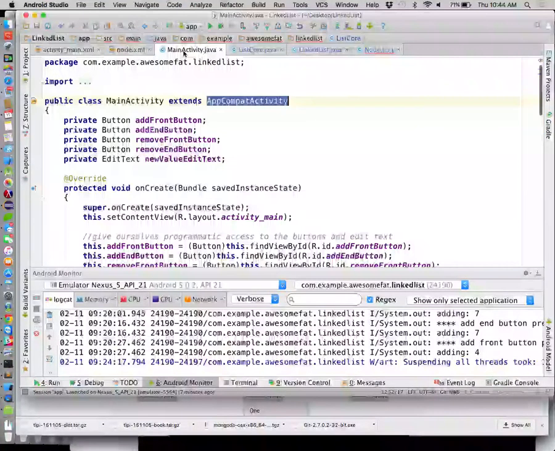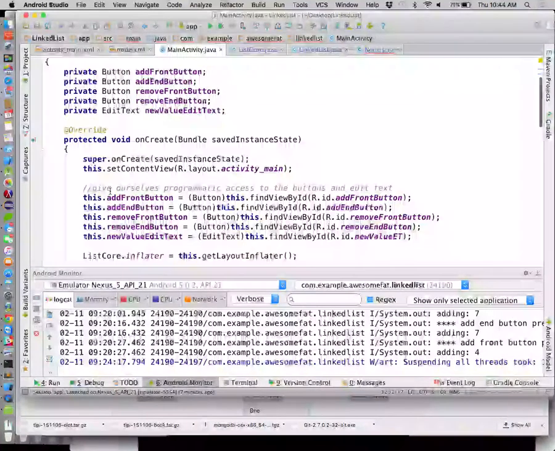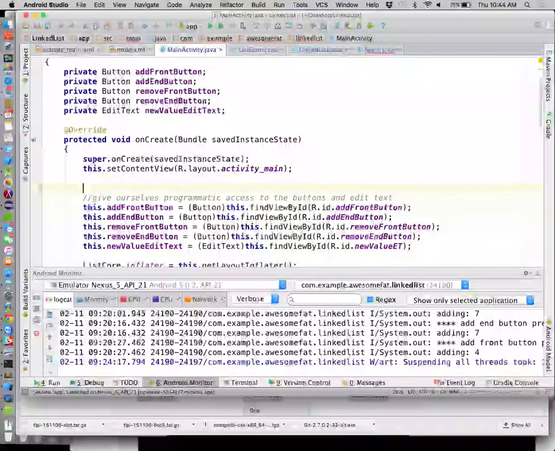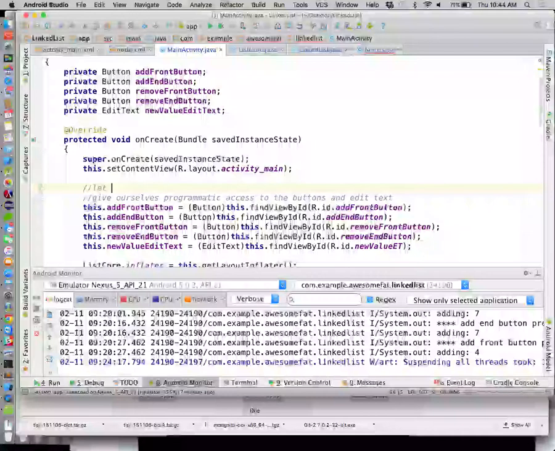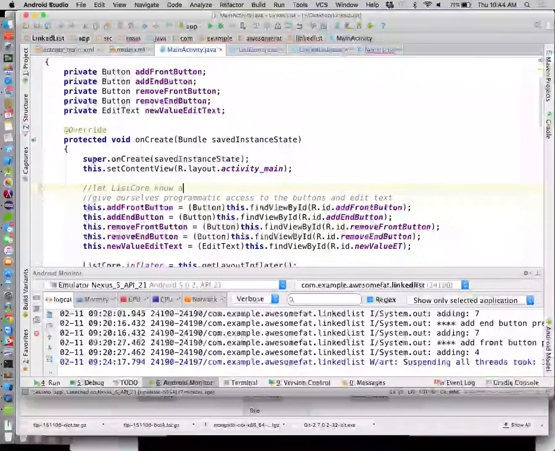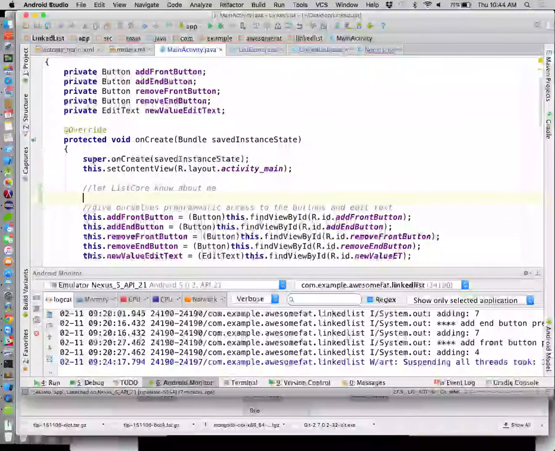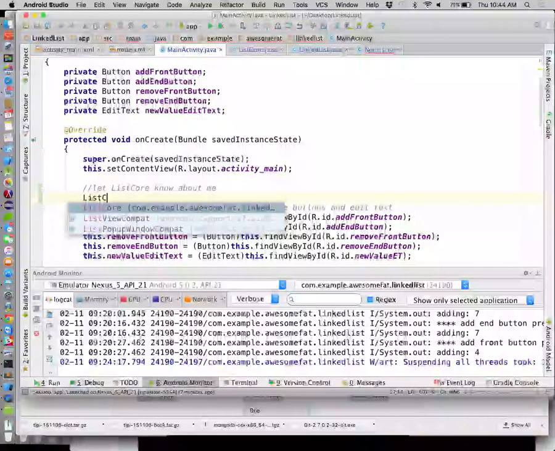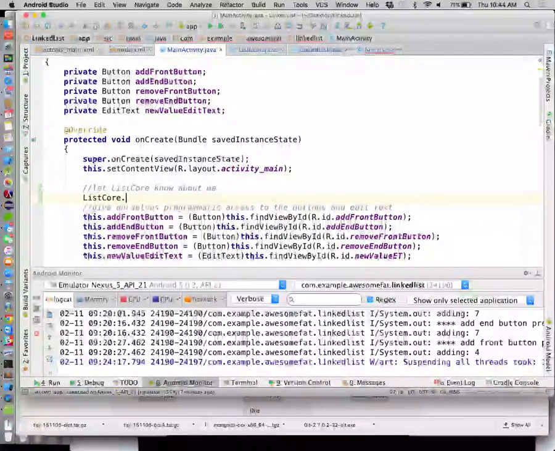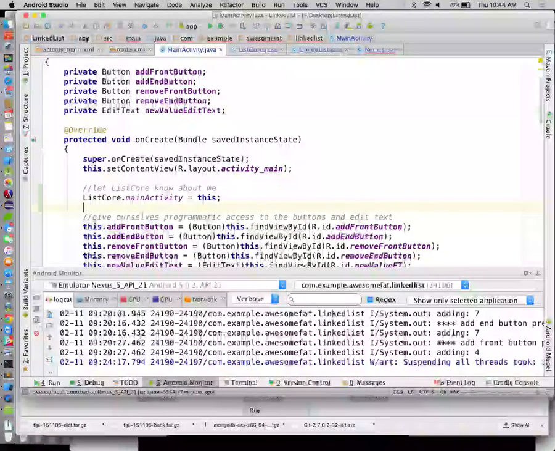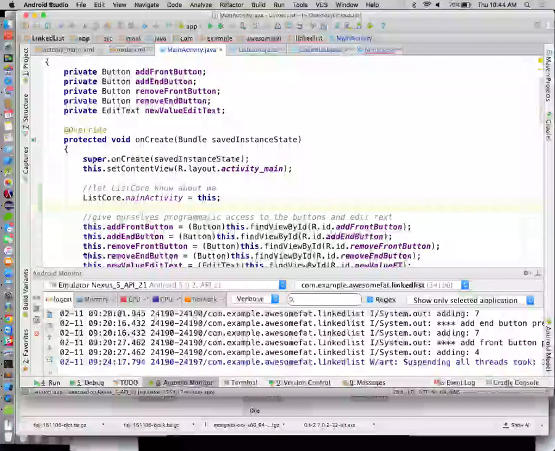So when our main activity first comes into existence, let list core know about me. So we'll say list core dot main activity is equal to this. All right, so we threw a pointer to ourselves up to list core in a variable called main activity,